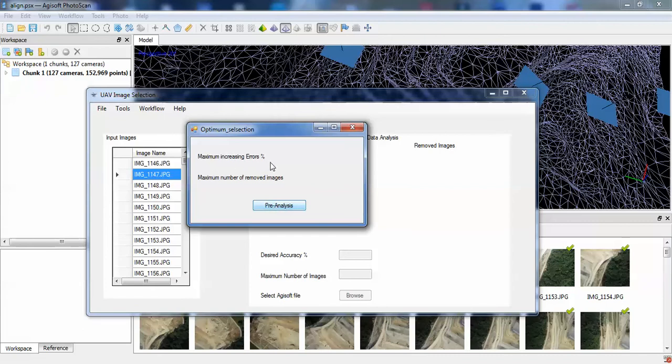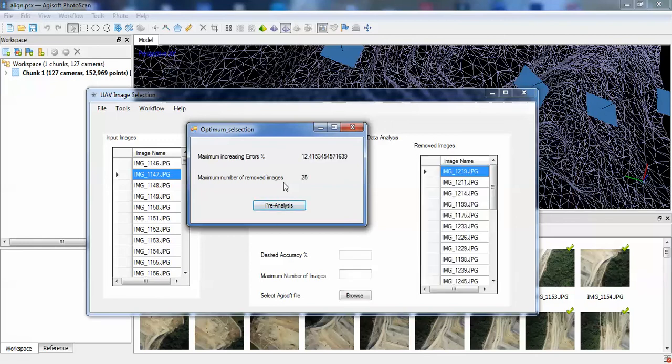Maximum increasing errors means that after removing the maximum number of images, some errors would increase in our 3D reconstruction, and these are a kind of prediction of our errors of the 3D reconstruction after removing this number of images. For example, in this project, we can remove 25 images, and after removing 25 images,